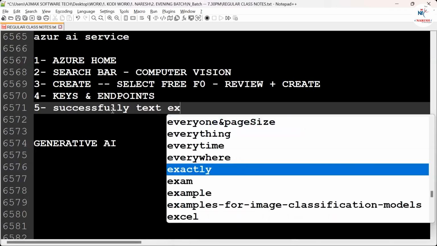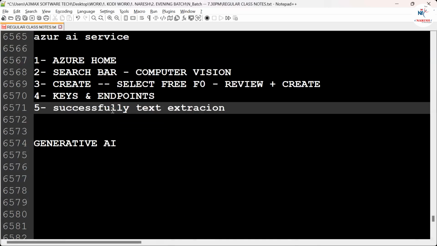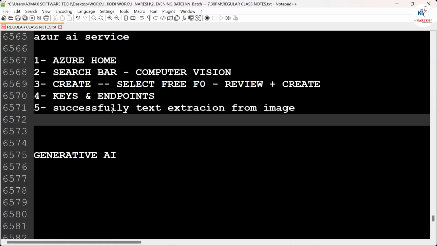text extraction. Okay. This is not a document. Do we use Document Intelligence? No. This is OCR, text extraction from an image. Can you extract the image from the card? Make sense what I'm speaking or not? Can you extract an image for that? So this is what we will get